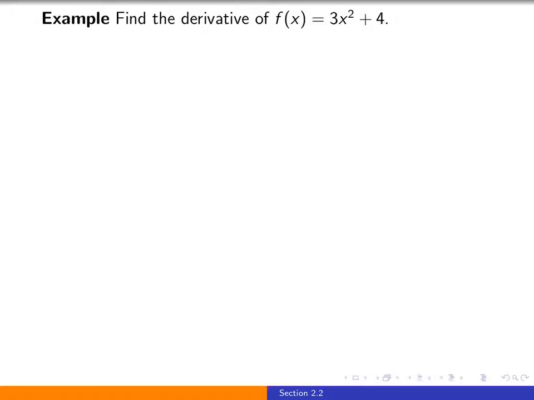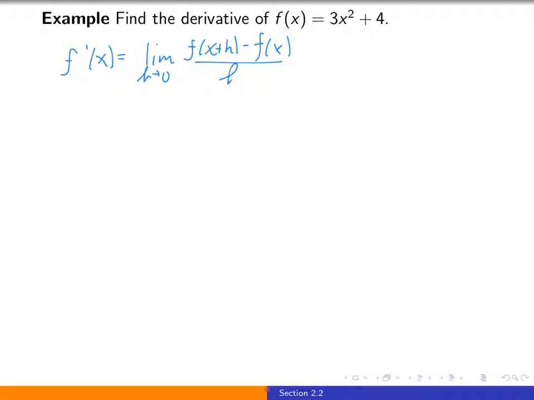In this video, we will use the definition of the derivative to calculate several more derivative examples. So the first thing we would like to do is use the definition of the derivative to differentiate the function 3x squared plus 4. Just writing down the definition of the derivative, which is always our starting point, f prime of x is the limit as h approaches 0 of the difference quotient, f of x plus h minus